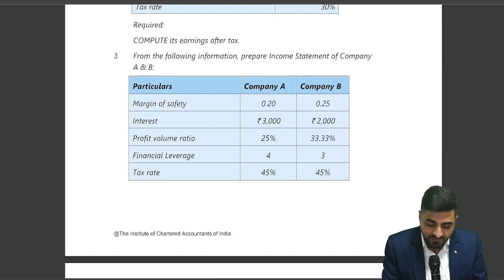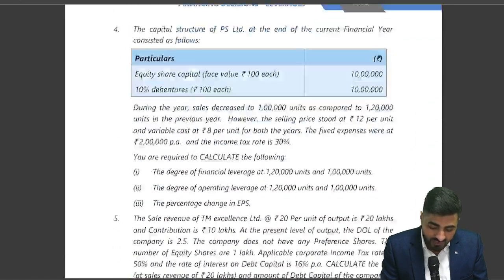Acha, margin of safety. Have we done this particular question? Right? Operating leverage and